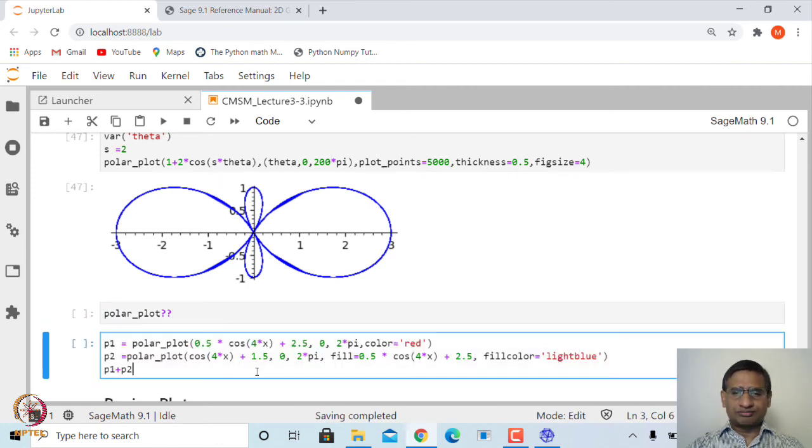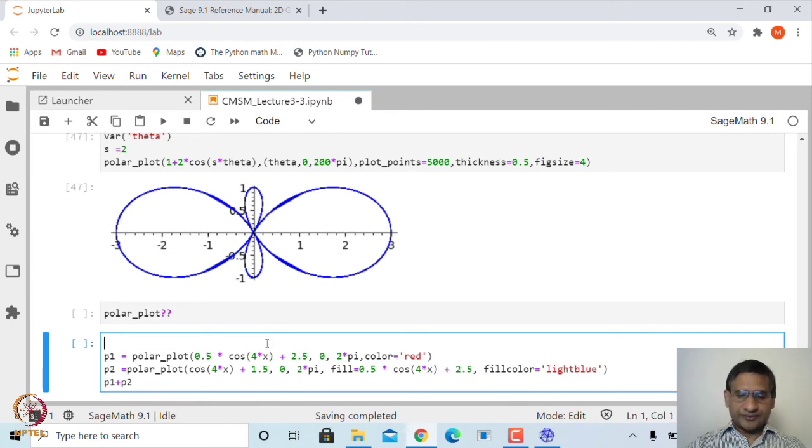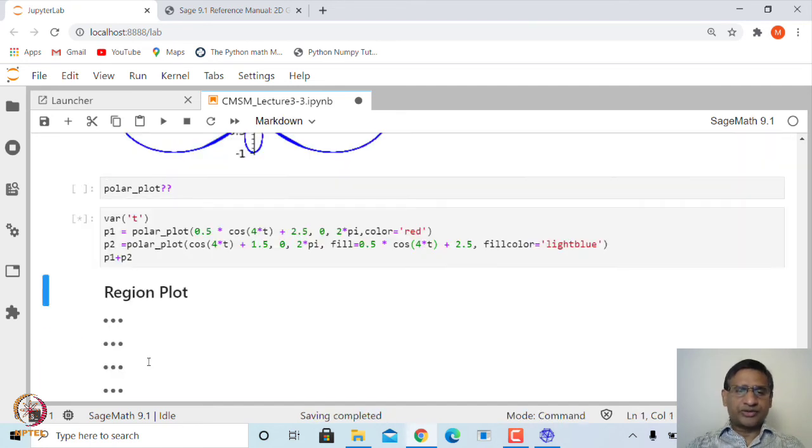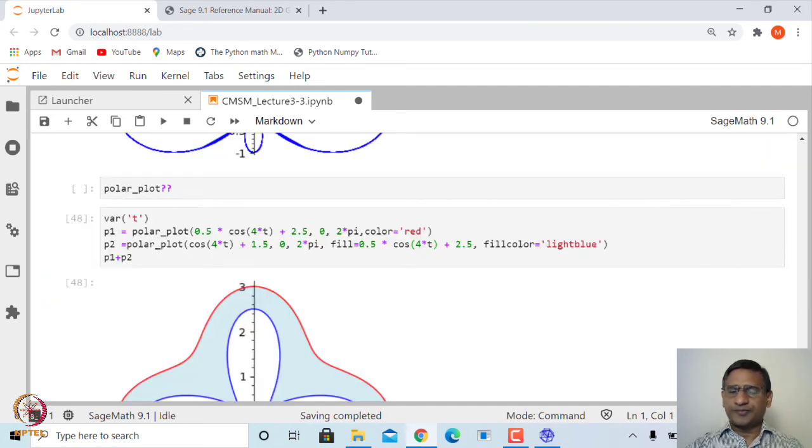Let us look at one more graph. This graph is a graph of a polar function, which is defined as 0.5 into cos 4 t. So, let me make it again in terms of variable t, it will be much better. So, it is not confusing here, t, and this also here t, right. So, what is this graph? So, let us plot and then we will see what graph does it create. Okay. So, this is the graph.